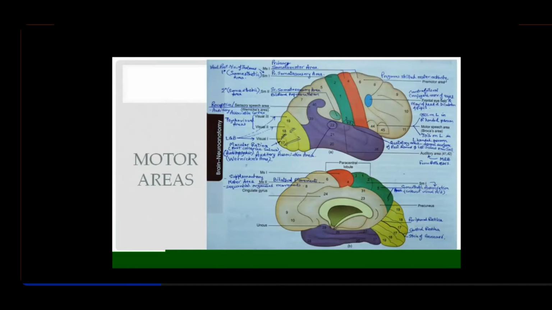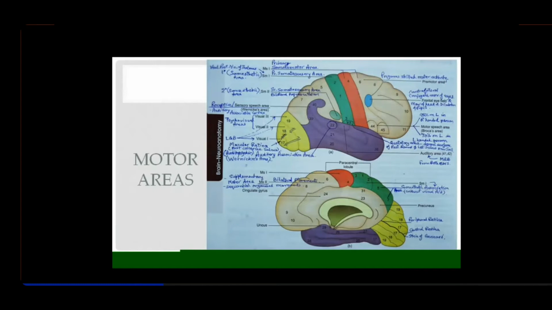Area number 4 means gross simple movements of the opposite skeletal muscles of the limbs, right? And ipsilateral contraction of axial and neck muscles. So that was only about this. What is there to remember about area 6? You can remember that it is an association area, so it helps area number 4 in programming skilled motor activity.